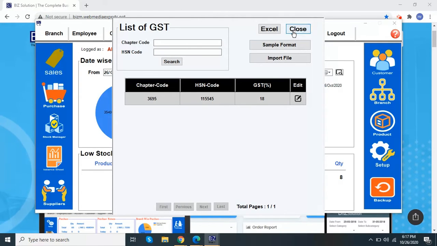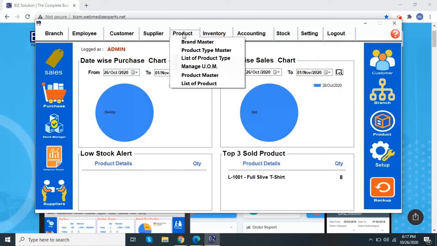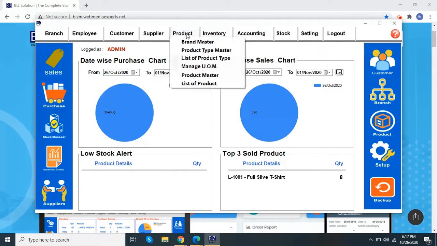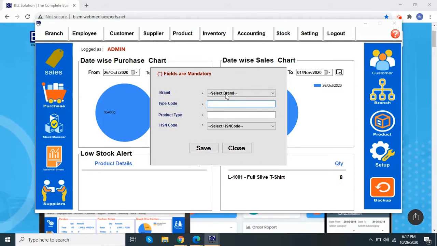In product management module, the product's brands along with its code can be added. In product type, brand's product type code, its type, and HSN code along with GST percentage can be added.